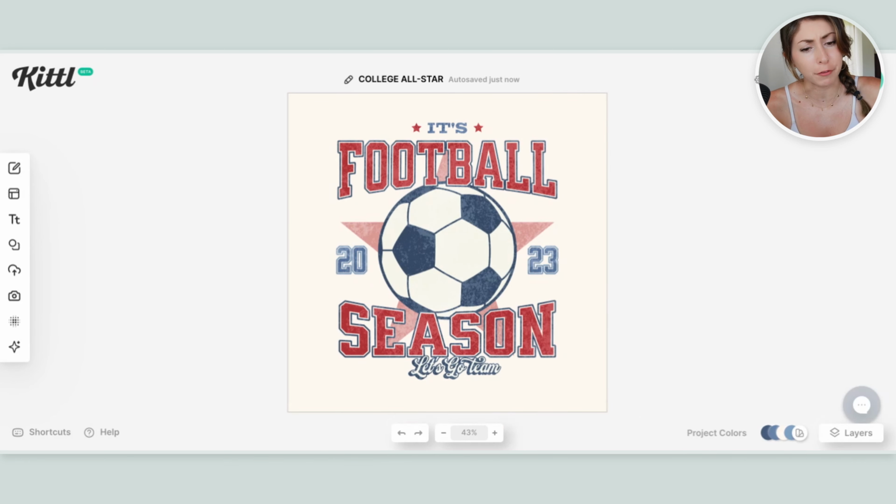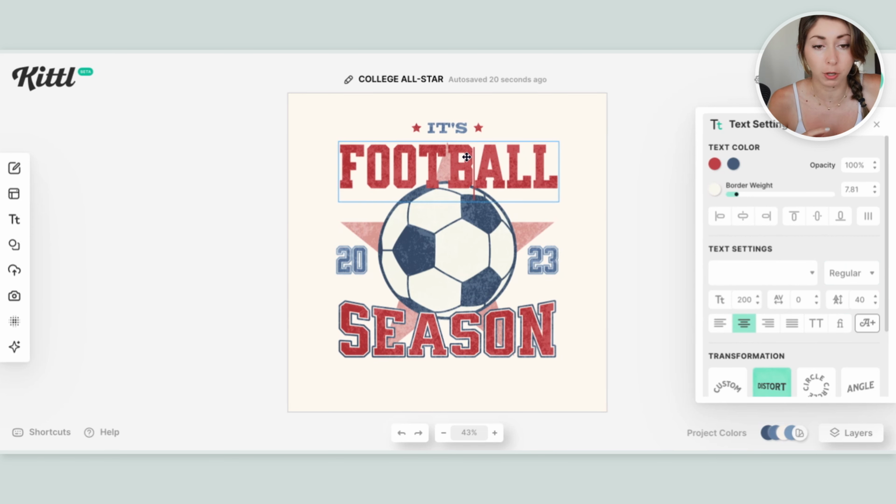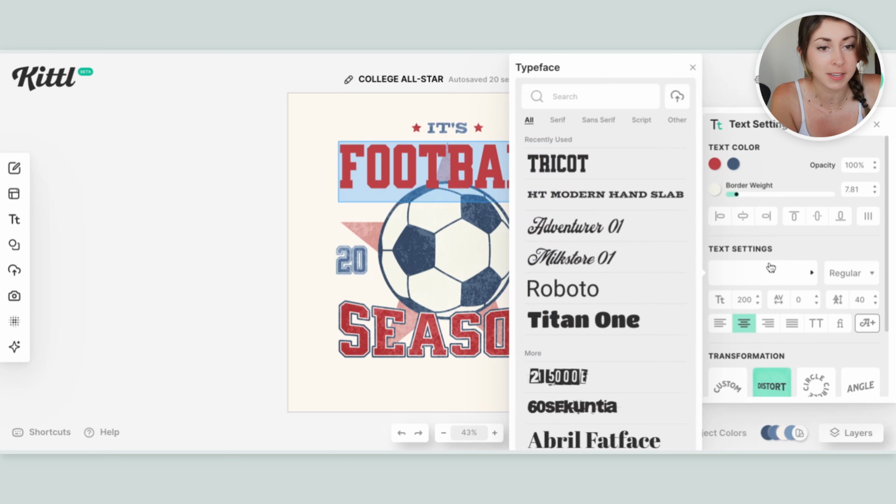I am actually going to delete that from my design, though. I'm not a huge fan of it, but I did want to show you the different options that you have with text. If you also wanted to use a different text that Kittl does not have, say you found your own on Font or Creative Fabrica or wherever you get your fonts, you can also upload them into the platform here by going over to your text settings and then under typeface, this little upload button right here. Just please make sure that you're able to use these for commercial use